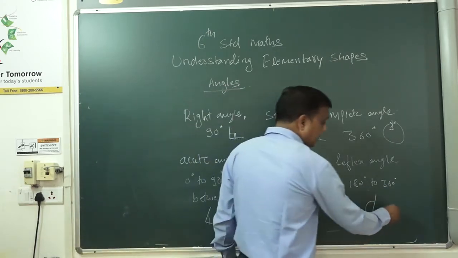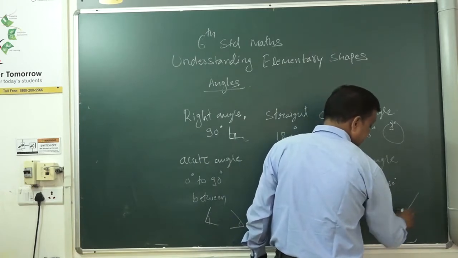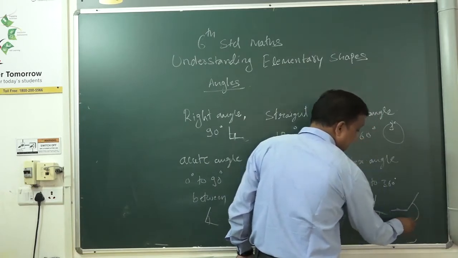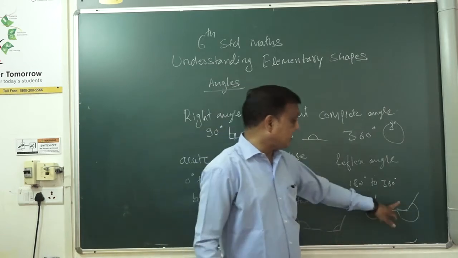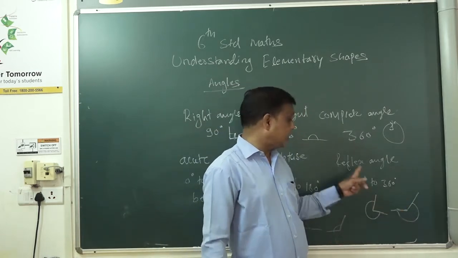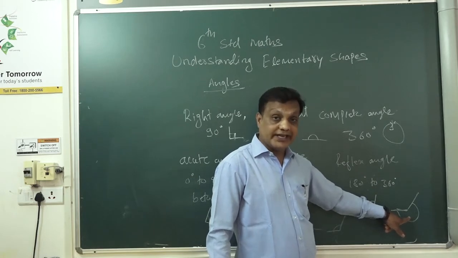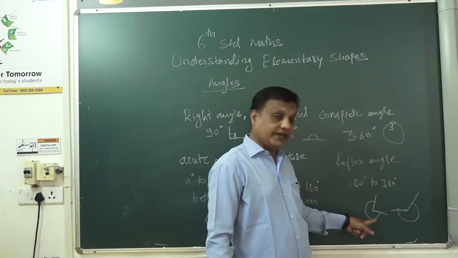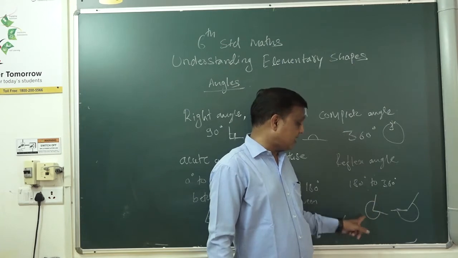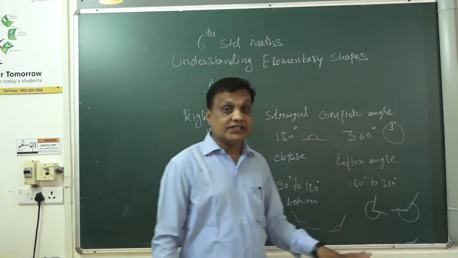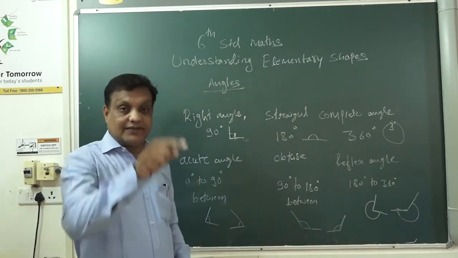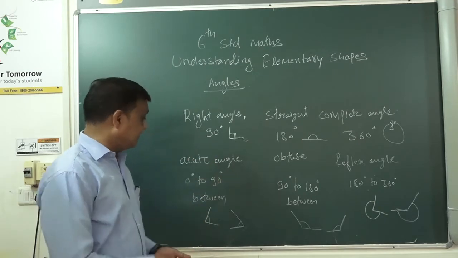If I draw this angle, this outside angle, from inside it is obtuse, but we are asking about the reflex angle. So reflex will be shown from the outside, which is more than this. We have to see from the outside, not from the inside. If you see inside, it is not a reflex angle. Reflex angle will come from the outside.